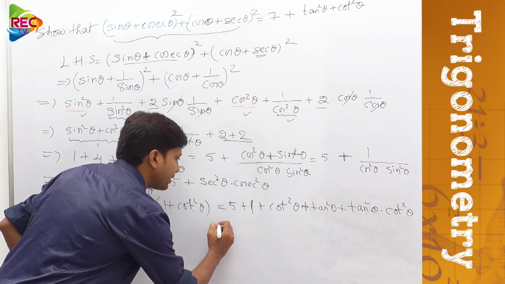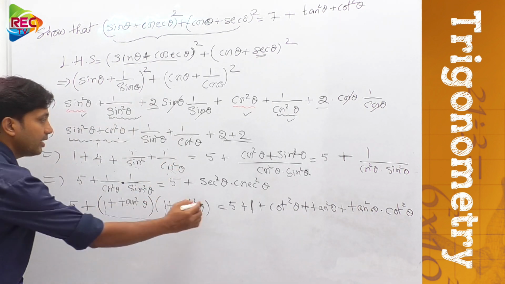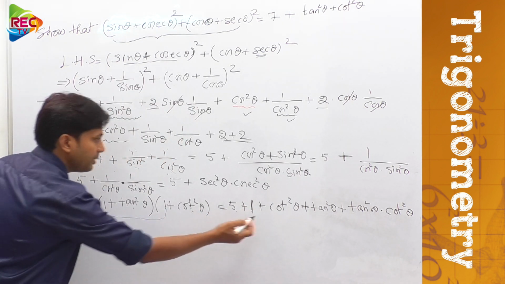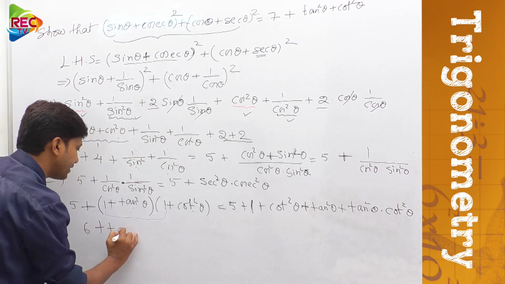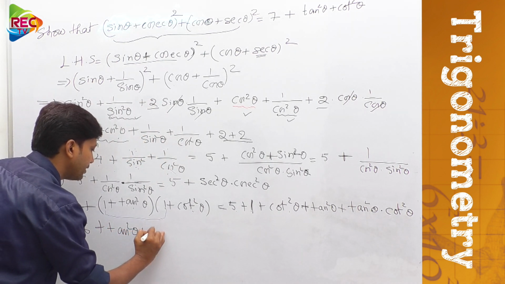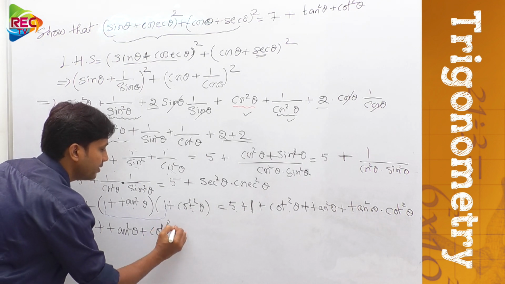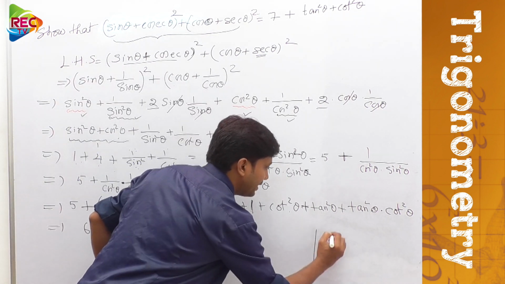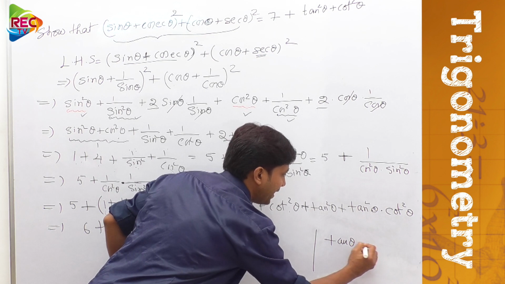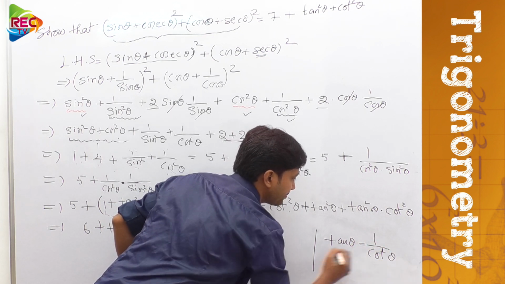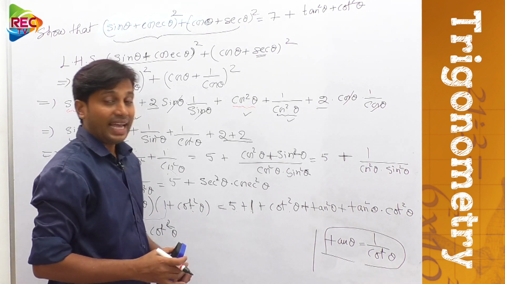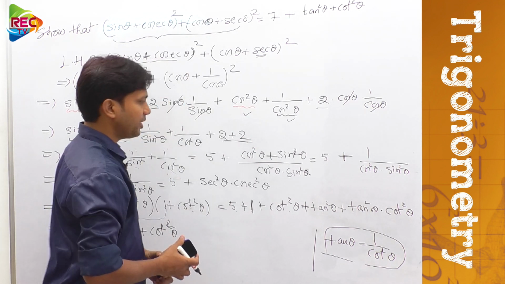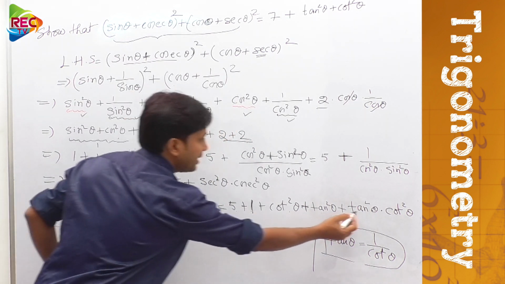So here from this it is clear that, just see, 5 plus 1 would be how much? 6 plus cot square theta plus tan square theta. I am writing here tan square theta first. Okay, then cot square theta, anyhow the matter is the same. Now tan square theta into cot square theta. Now tell me, tan theta can be written as 1 by cot theta or not? Exactly. Because tan theta and cot theta are reciprocals of each other from the basic trigonometric ratios. So from that what can you say? Here plus tan square theta.